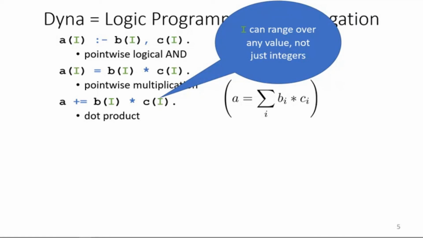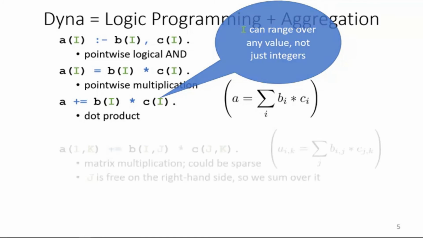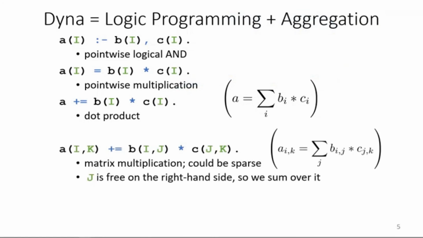The variable I can be any value in the language or the Herbrand universe. Also, depending on the definition of B(I) and C(I), this could be the infinite sum. So we cannot even determine from this one rule in the program if this is a finite or infinite sum. One reason that we like Dyna is it lets us concisely define mathematical equations.